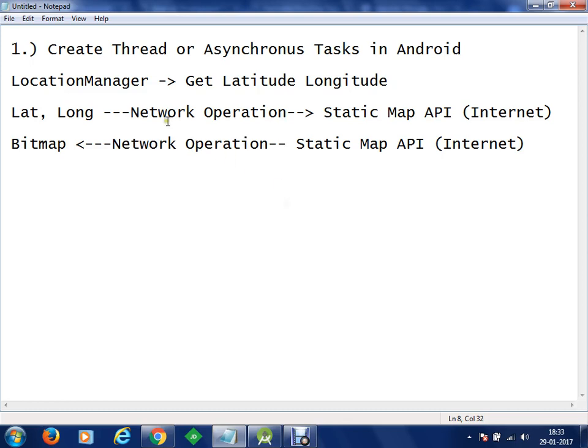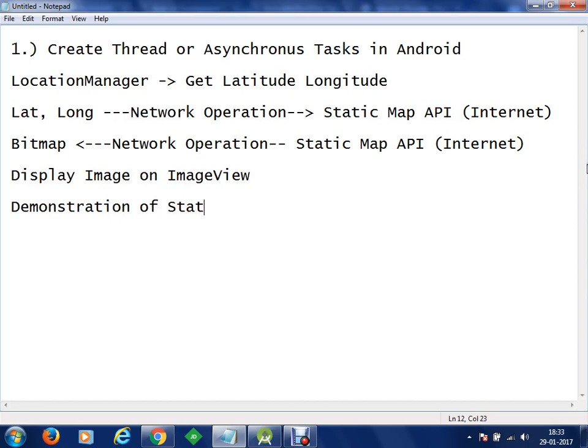So now we'll perform this network operation and we are going to receive an image from static map API. This image will be in the bitmap format, and then we are going to display this image on an image view. Okay, let me just give you a demonstration of static map API first.